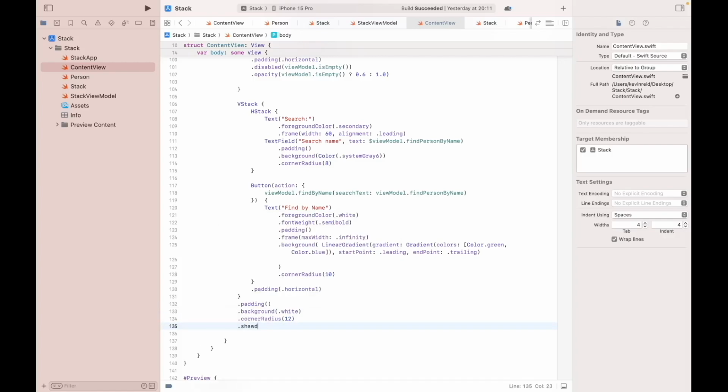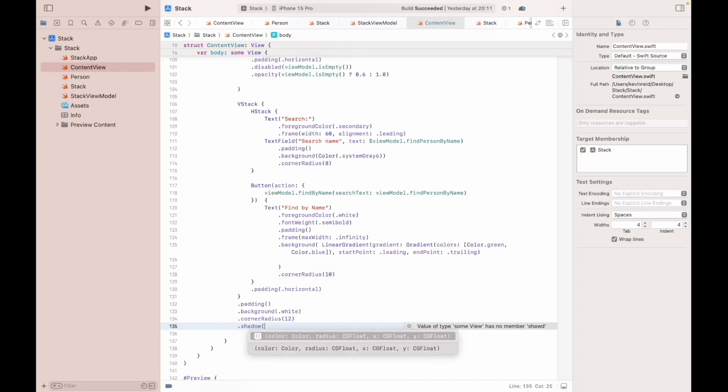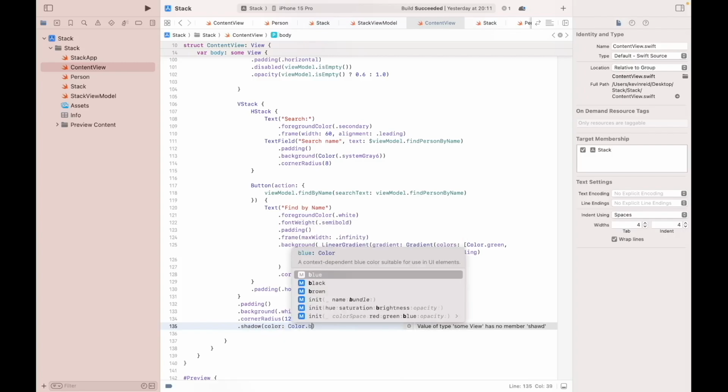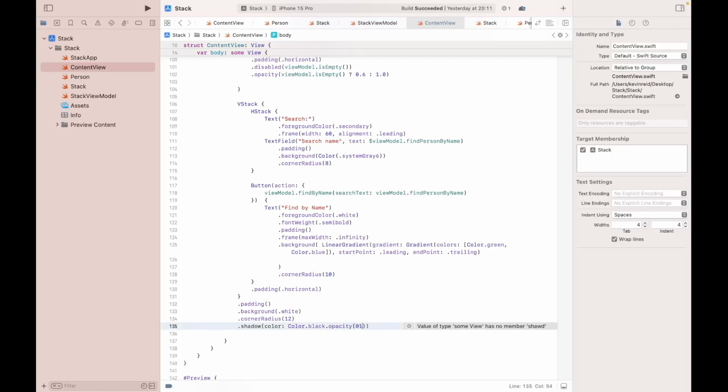shadow, color, color, dot black, opacity 0.1, radius 8, x 0, y 4. Dot padding, horizontal,